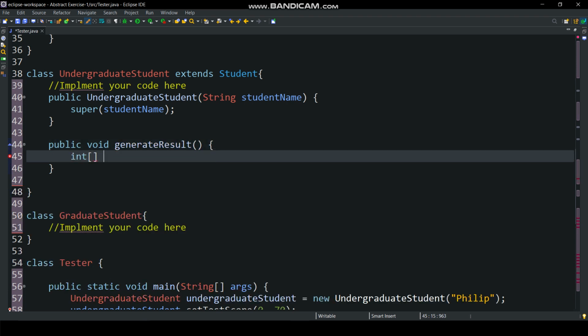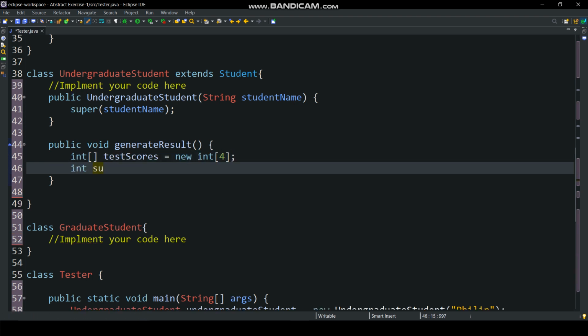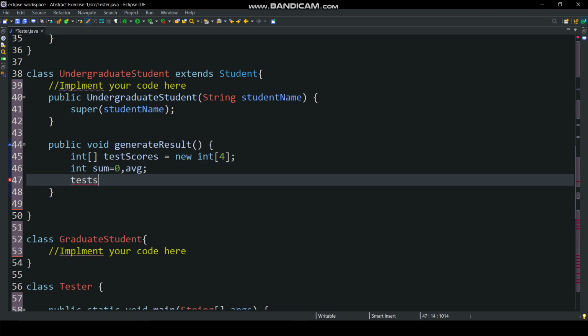Here first create one integer array type variable test score to iterate scores in for loop. Then create two integer type variables sum and avg. Then put the values of get test scores method in the test scores variable.